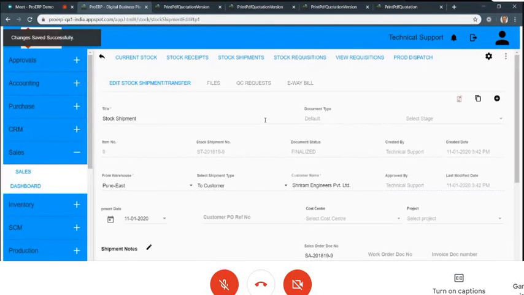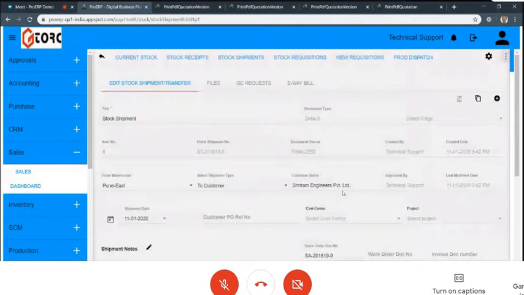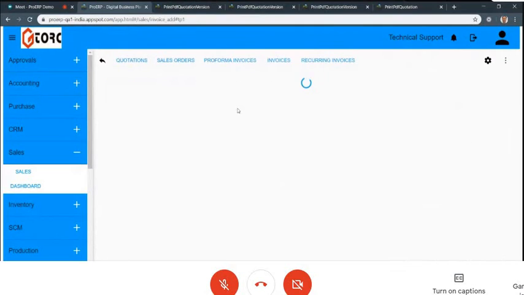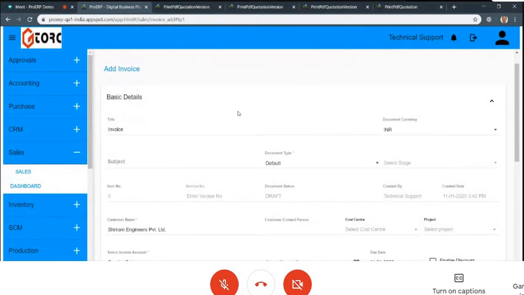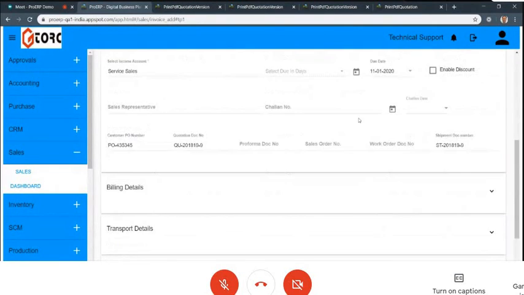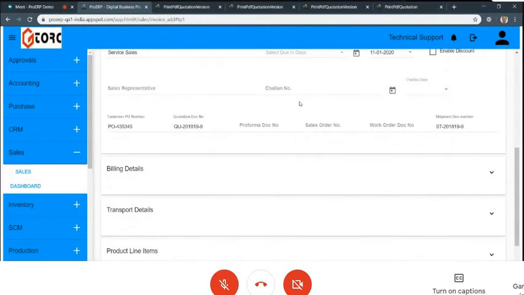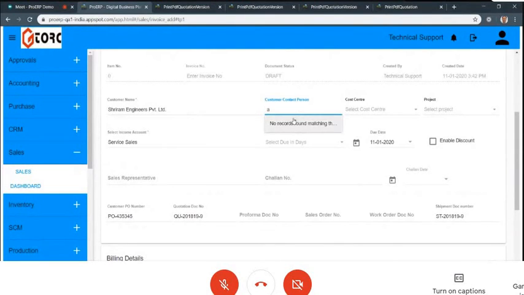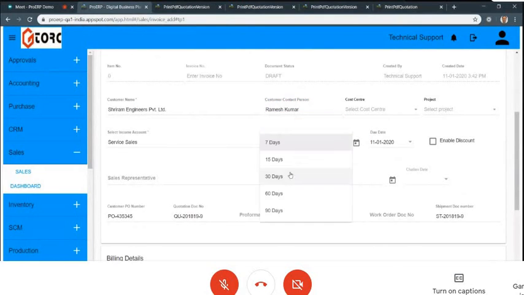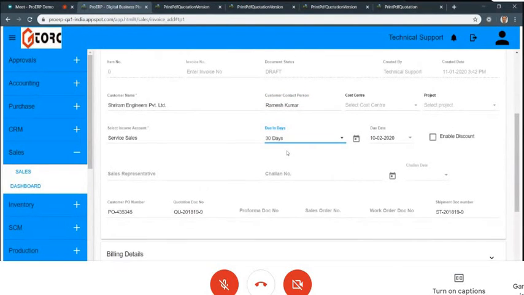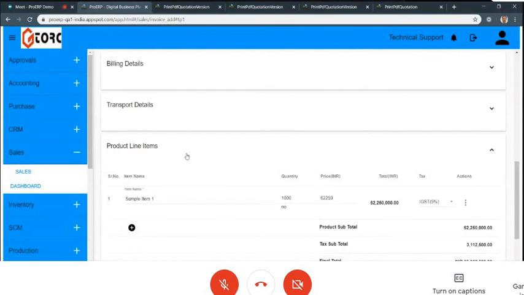So with this, suppose you send the delivery and you send the invoice along with it. You can create an invoice against this dispatch. So I converted that dispatch into the invoice. You might have terms and conditions, say due days is 30 days since delivery. This is the invoice.